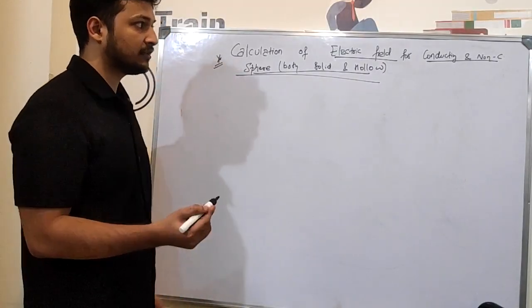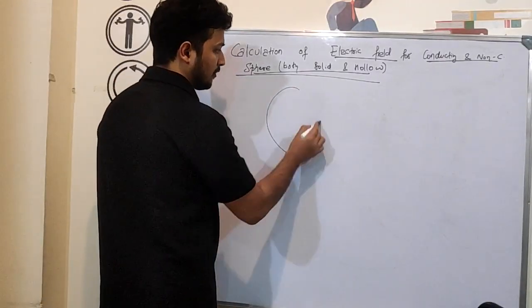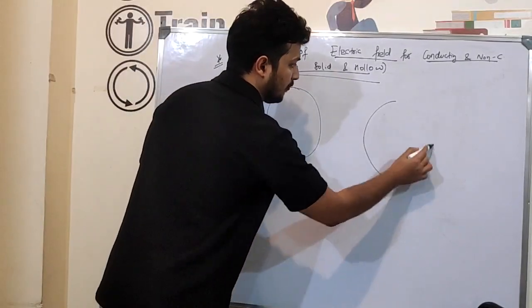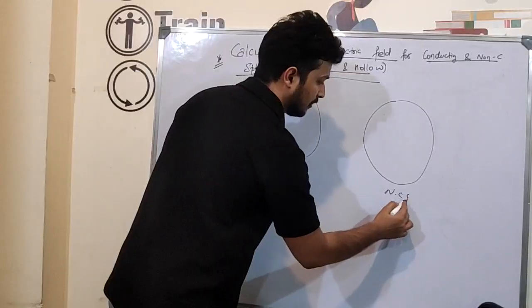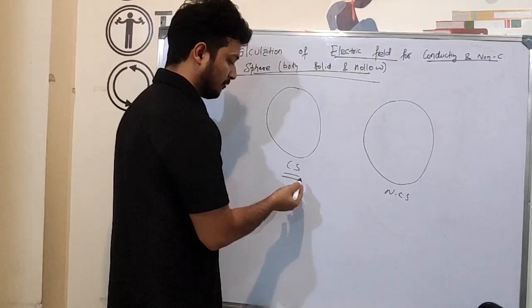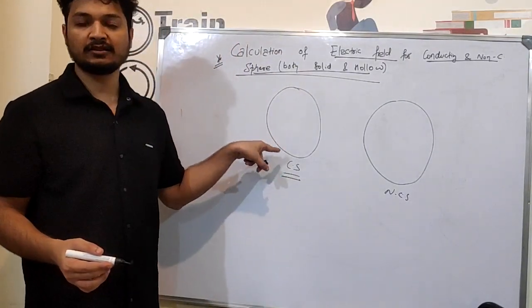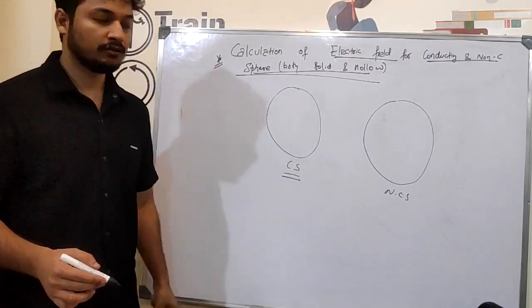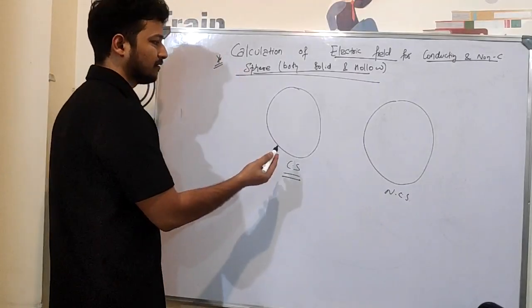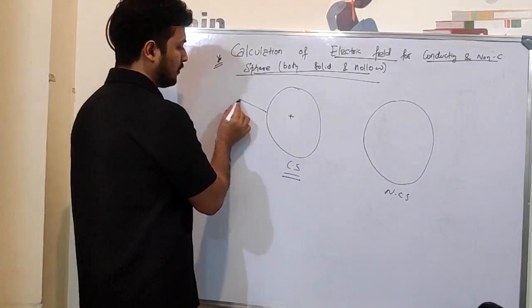First of all, what's the difference between a conducting sphere and a non-conducting sphere? If I have a sphere which I am calling a conducting sphere, and a sphere which I am calling a non-conducting sphere, the difference is that a conducting sphere is a conductor, which means it's made up of a metal. The basic principle of a conductor is that when you put a charge inside a conductor, either solid or hollow, even if it is a solid conductor,